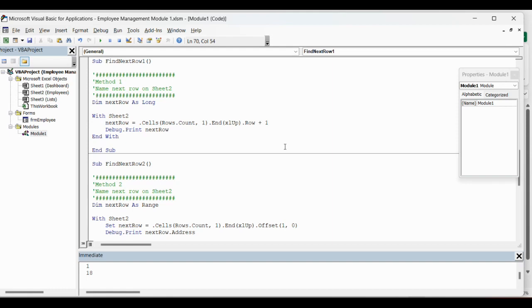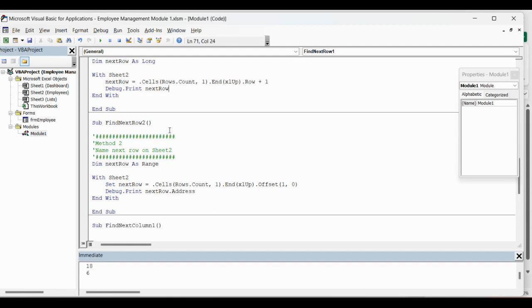But then I'm going to do a +1, because remember, if I don't put the +1, just with this information here, that's going to return the number 5. But I want the next row after that. So I just do +1, and that's going to give me the number 6. And see, when I run it, I get the number 6. So now I can use that as my reference for putting new information into that next row.